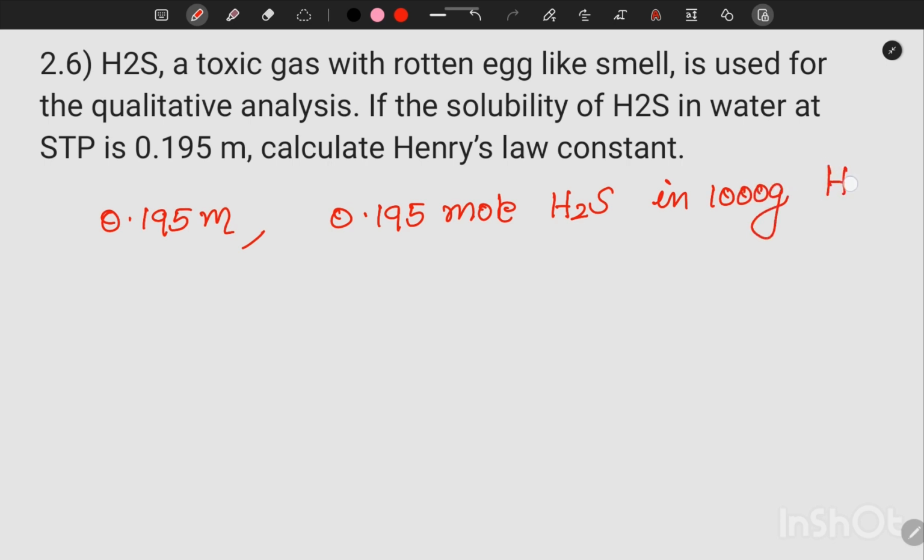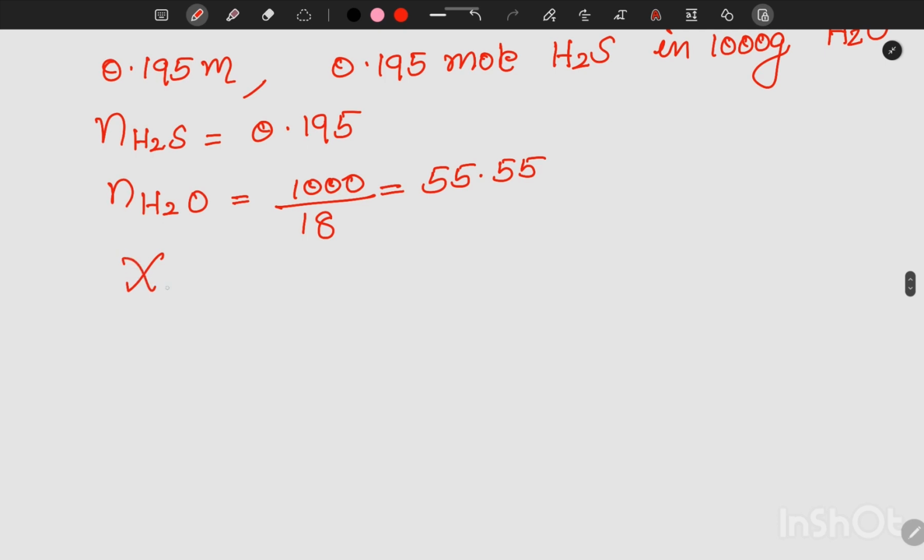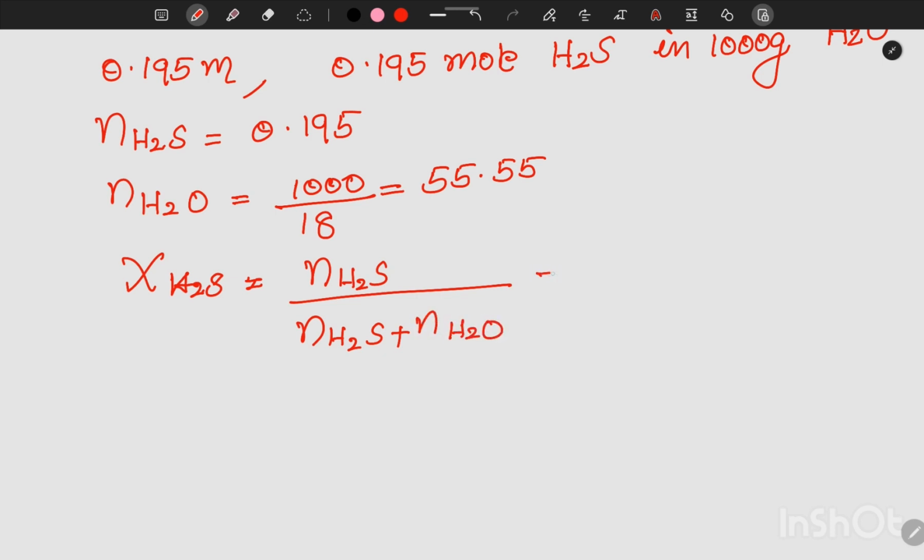1000 gram H2O, solvent is water. So number of moles of H2S is equal to 0.195. Number of moles of water is equal to 1000, mass of water, by molar mass 18, so it's a constant 55.55. Now, mole fraction of H2S is equal to number of moles of H2S divided by total number of moles, that is number of moles of H2S plus number of moles of water, which is equal to